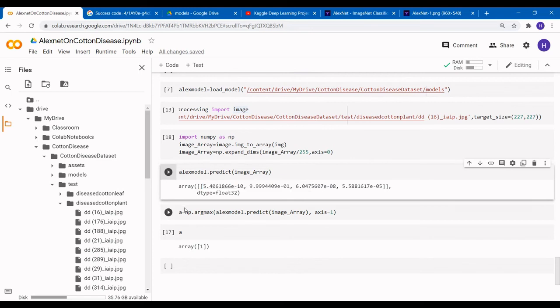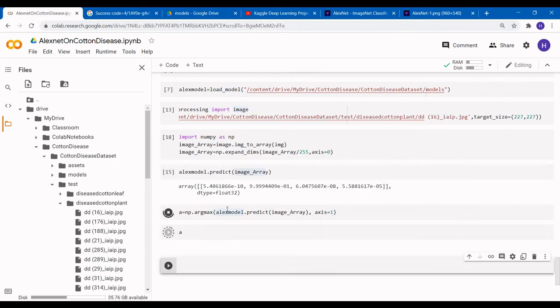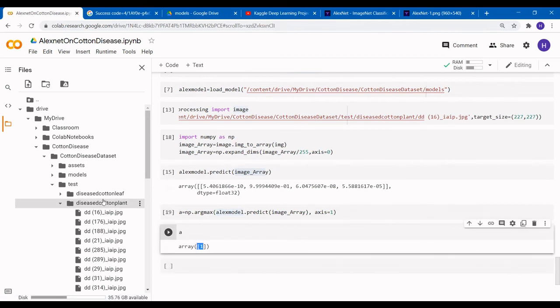So we use np.argmax. Argmax is a function that gives us the index of the highest probability value. Whatever the highest value is, it gives us the index of that. After executing this, it gives us 1, because it is our second folder: the first folder is 0 and the second folder is 1.